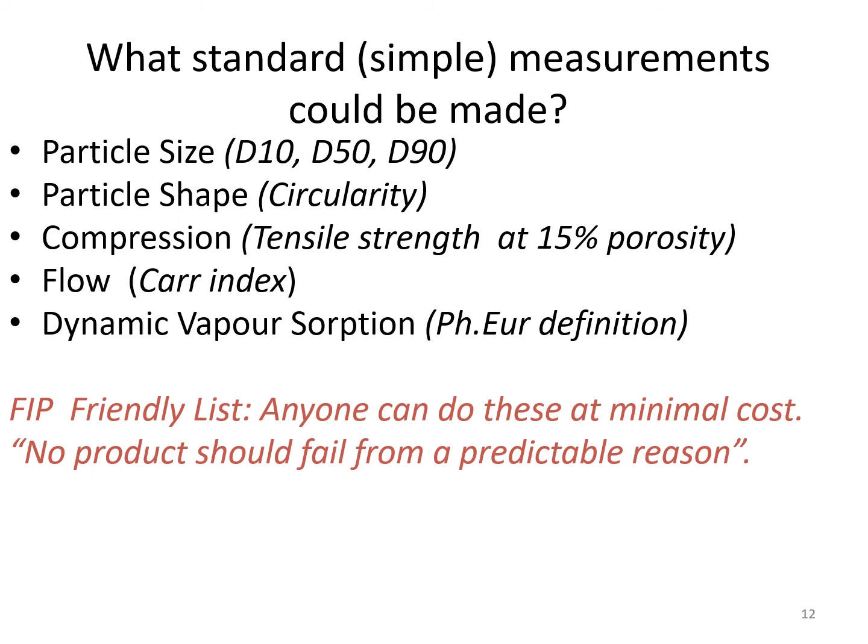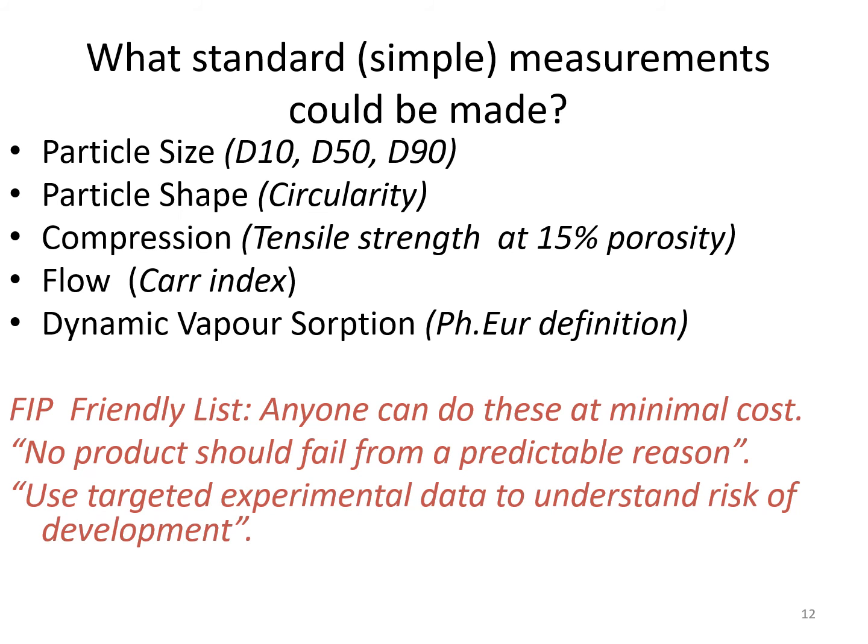Some of the concepts people said is no product should fail from a predictable reason. That means if you've got the numbers and it tells you the product should work, then use those numbers accordingly. If it's going to predict it's going to fail, then you should have been able to predict that. And the other thing is if you look at your numbers, what experiments should you then do to help understand the risk of development? Going back to the example of flow again, if you've got poor flow, what experiments are you going to need to do to understand that poor flow, and what might you have to do to adapt your equipment to deal with the flow, or actually what would you do to change the particle properties?